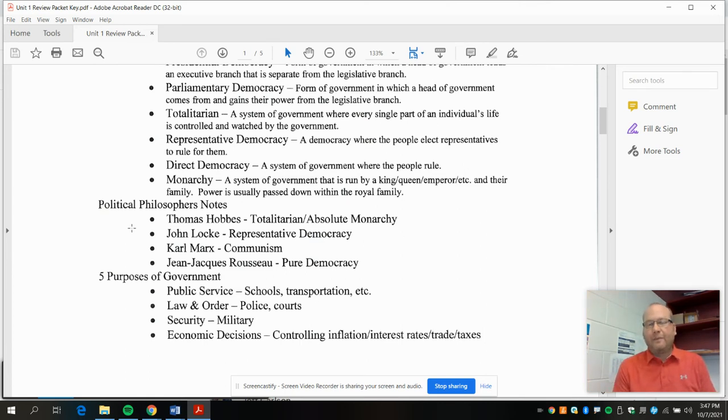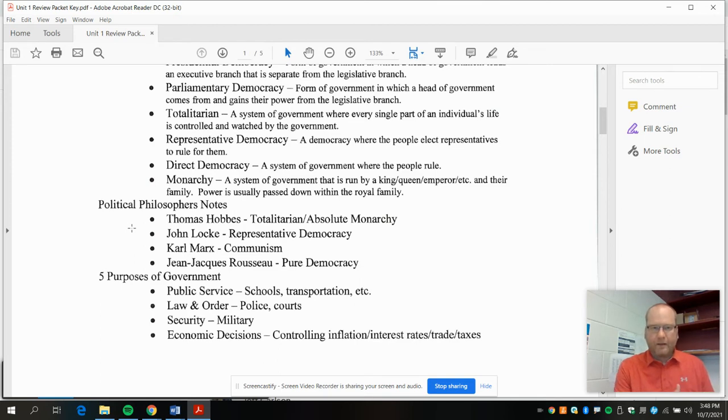And he believed that people were born evil and selfish, and that to keep people from acting on their evilness or their selfishness, there needed to be some absolute control by usually one person or a very small group of people to make sure that people were falling in line and not doing bad things. John Locke was in favor of a representative democracy like we have here in the United States. Again, he felt people were good, and because people were good, they could choose good people to lead them or